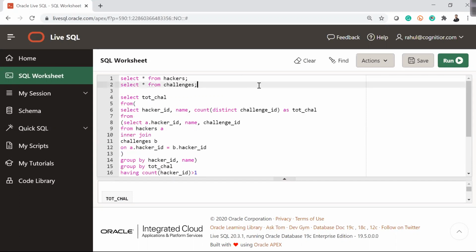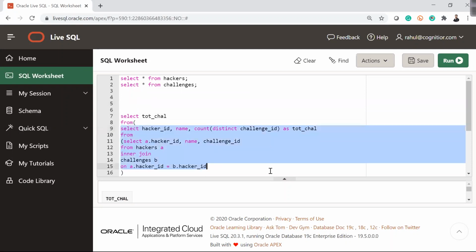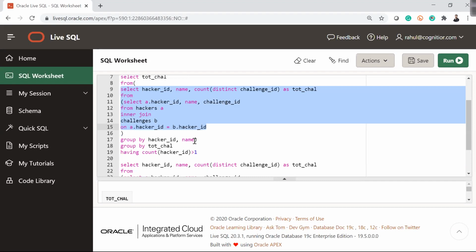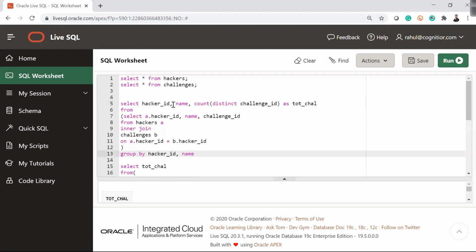I'm not sure if you are able to see the entire screen, but let me run the query again, the entire query till group by hacker name and ID, and that will be on top of this.